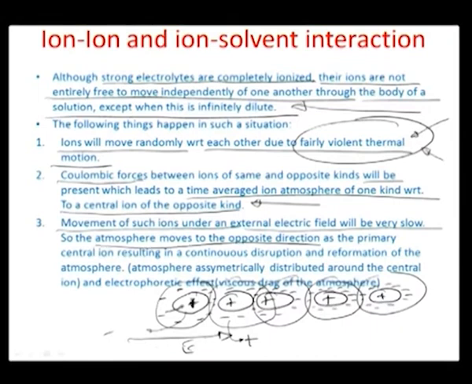As in this case you can see the negative ion atmosphere moves to the positive side, and the positive central ions start moving to the opposite, that is the negative side, of this field or potential which is created by two electrodes. So there would be a continuous disruption and reformulation